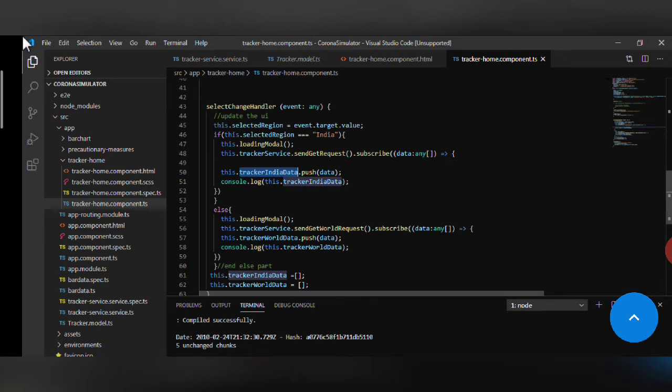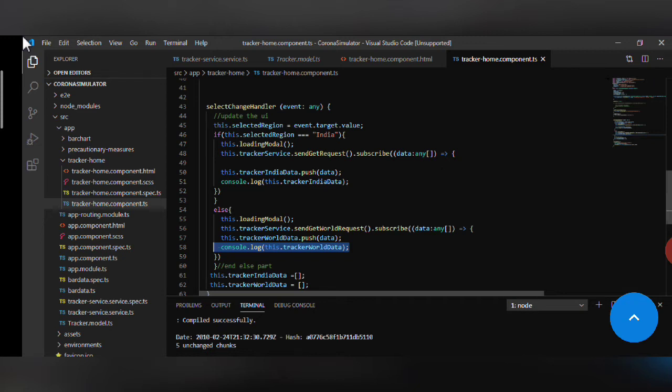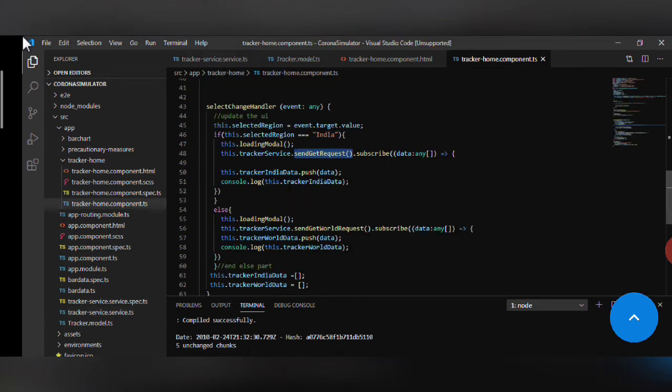And just for debugging purposes, I have printed a console log here. So this is the part where the main operations happen between front-end and back-end: calling the data and subscribing to the method, then going back to the service, and from the service we get the HTTP client method, calling the get method to this URL. This URL is whatever backend URL you are using, or if it is ready-made, you can directly put that URL here, and this will get back the data into an observable and again provide it to component.ts.